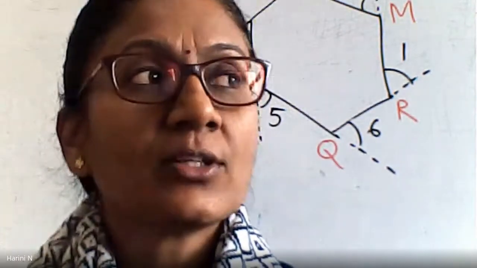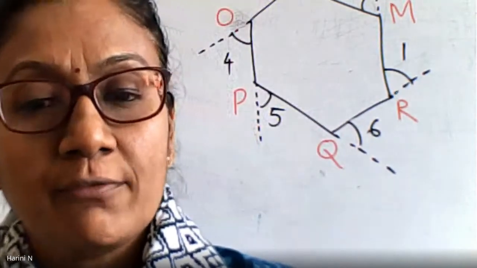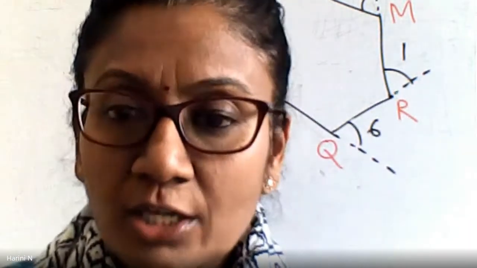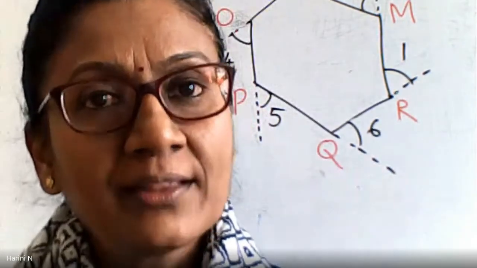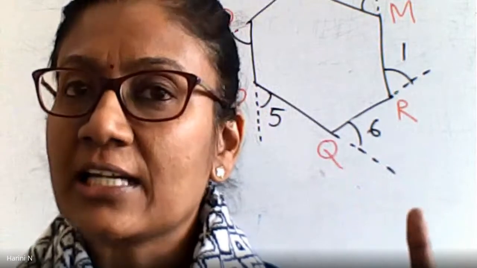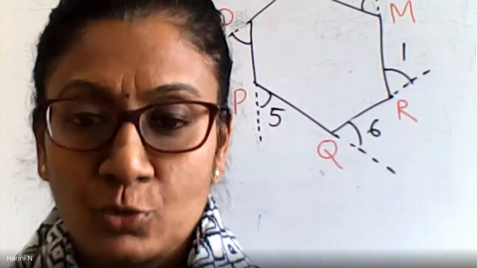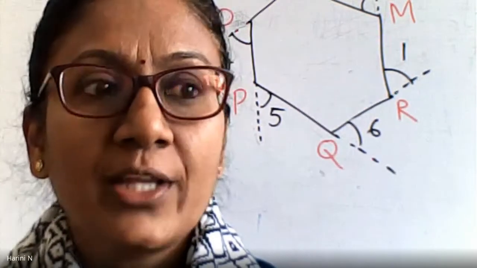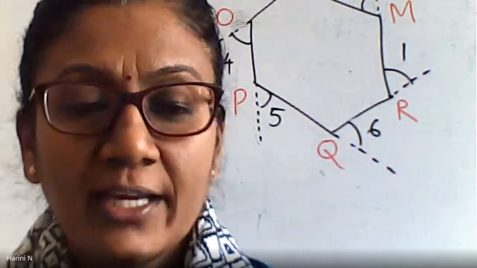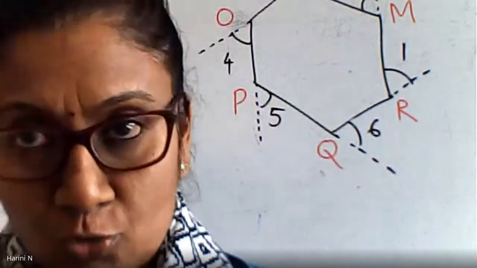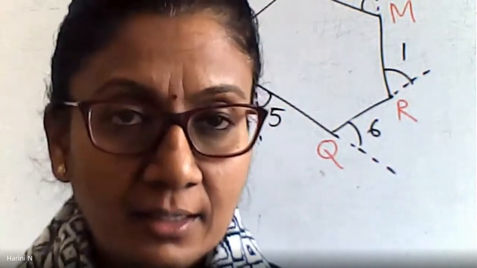Next, based on the diagonals, because we know what is a diagonal, we try to understand what is a convex polygon and what is a concave polygon. Idu eradu difference and the definitions with the diagrams I have shown it to you. So at least draw one convex polygon and one concave polygon in your notebook, because you should know how they are different. Even if you are not able to see the video, but diagram ello hogide, everything is there in the textbook also. So you can use your textbook also as your reference and complete the diagrams.